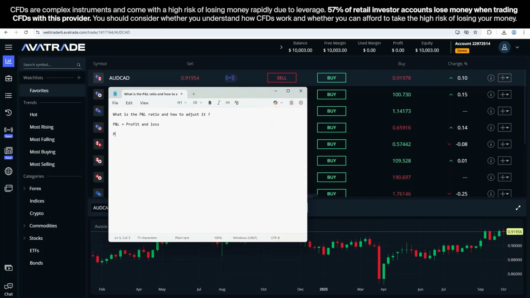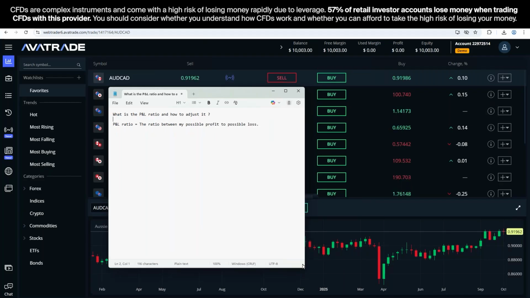The P&L ratio is the ratio between my possible profit and possible loss. Why is that important? Why is that important? This ratio between what I can